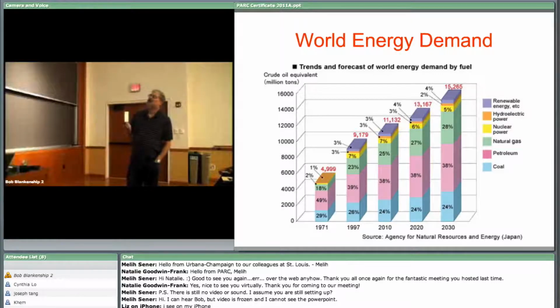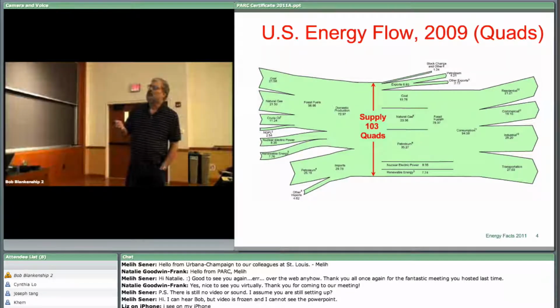If we want to look at a little bit more detail in the energy flow that comes in to the U.S., this is now just focusing on the U.S., and this is where all the energy comes from. It may be a little hard to read from the back of the room. And this is where it all goes to. And it all kind of aggregates together to a supply, and this is a certain unit, what are called quads,